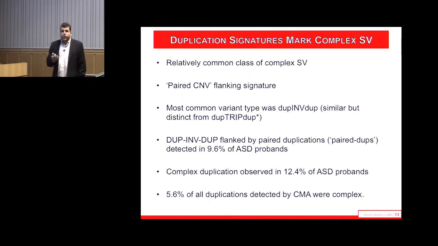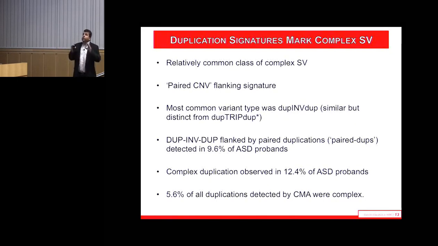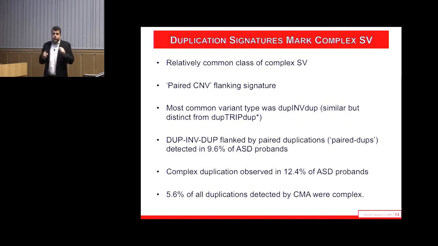And in fact, we found a number of duplication signatures that you can see in the genome. And in fact, you can pick up on arrays, and we found them in diagnostic practice as well, and I'll show you those in a minute, where essentially you have 2 duplications flanking a balanced inversion. And we would call this dupe-INV-dupe. It's similar but completely distinct from the dupe-trip-dupe variants that Jim Lupski has described for microarrays and done a lot of work on. Effectively, this is 2 duplications in proximity to each other that flank an inversion.